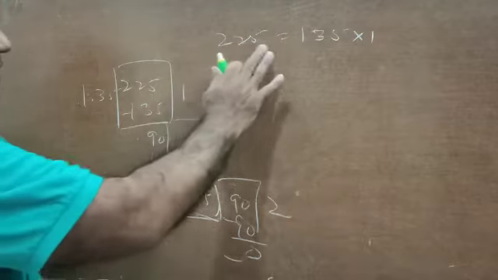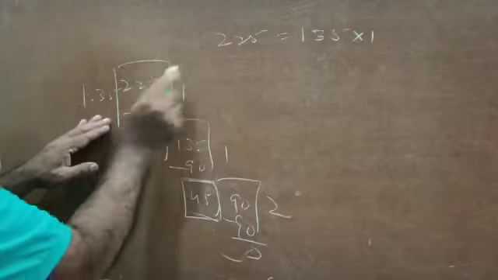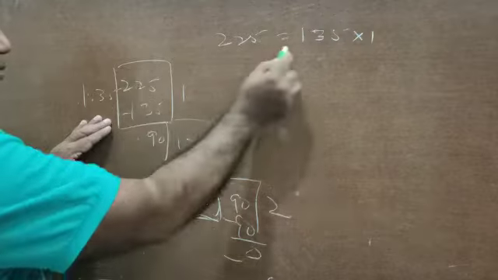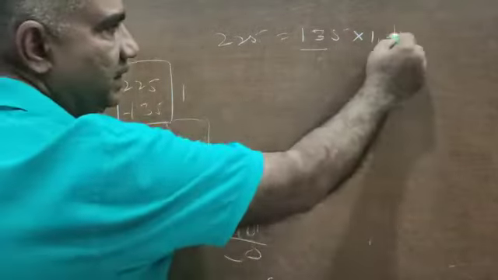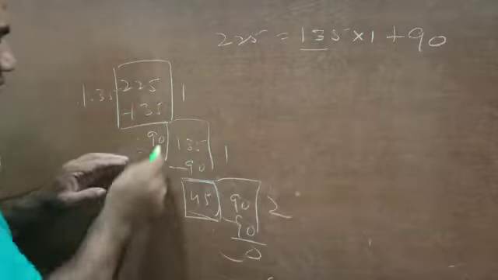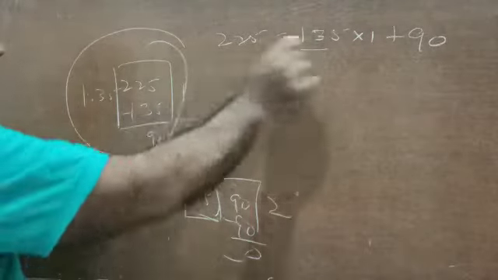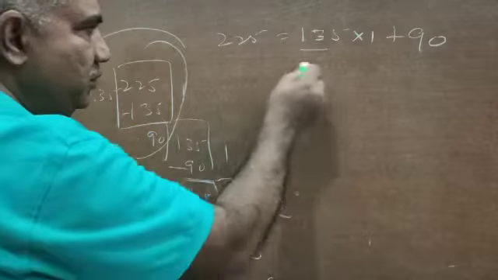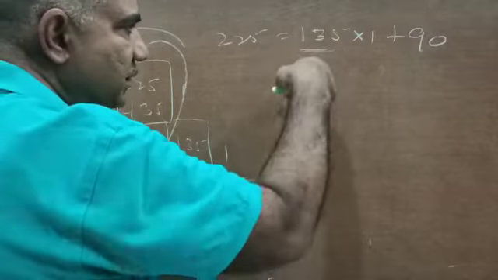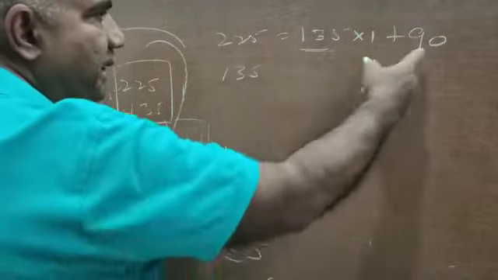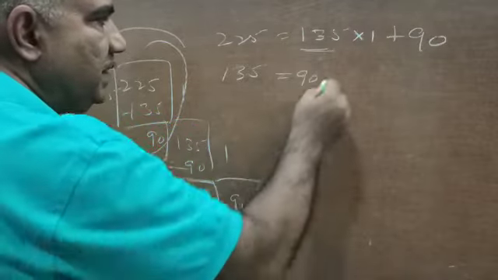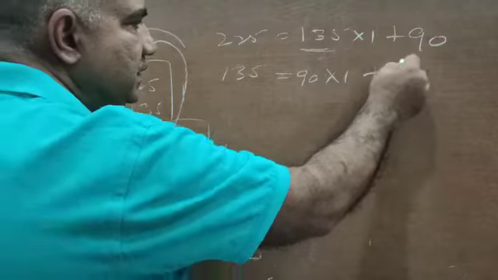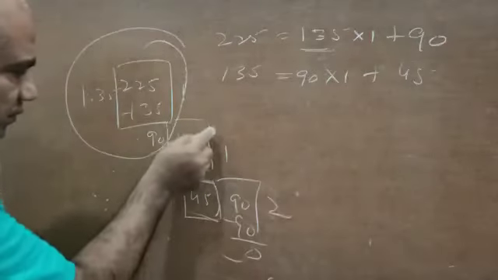Similarly, for this stage you have written dividend is equal to divisor into quotient plus remainder. So up to this stage you have written it like this. Now for the next stage, what you will do is make this divisor the dividend and that remainder the divisor. So you write it here, 90 into 1 plus 45. This you have written up to here.